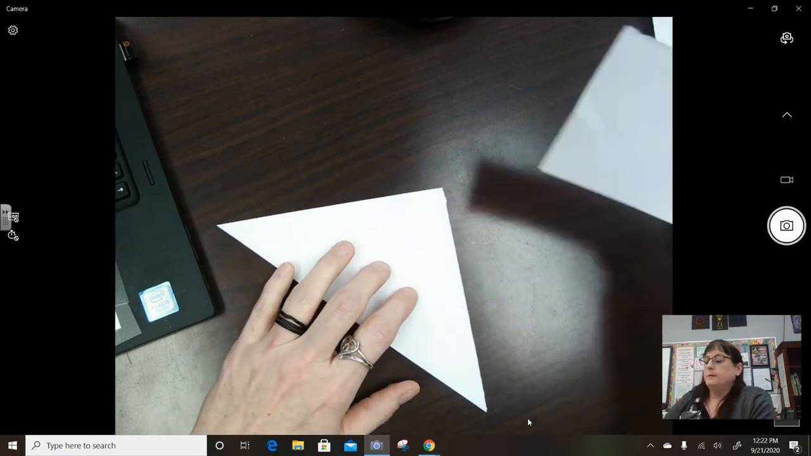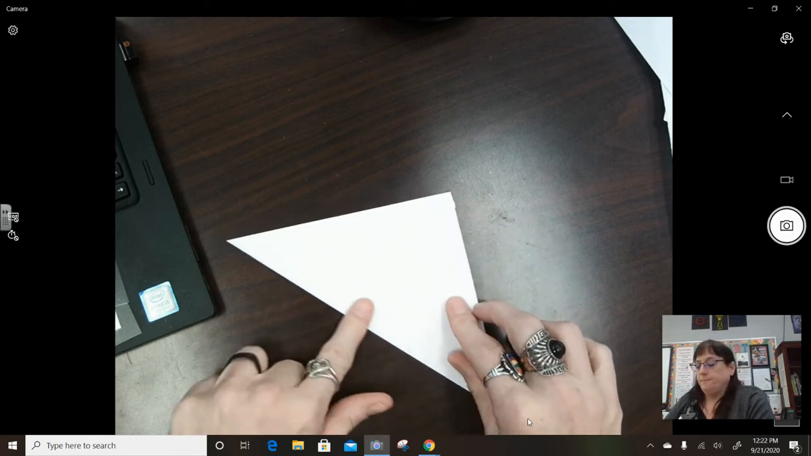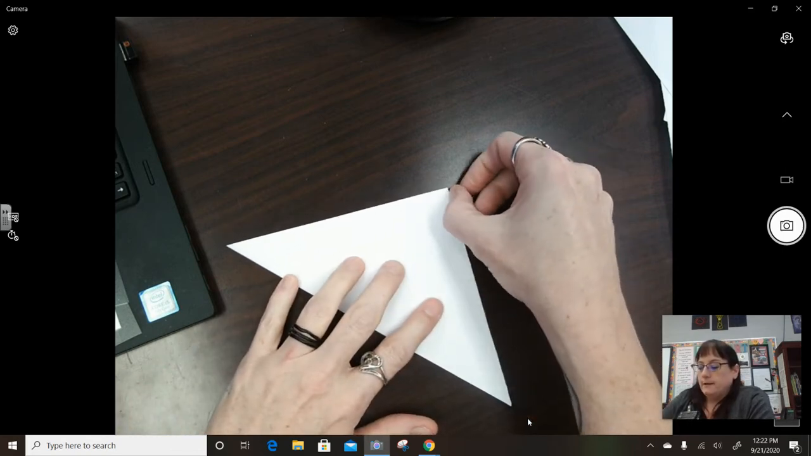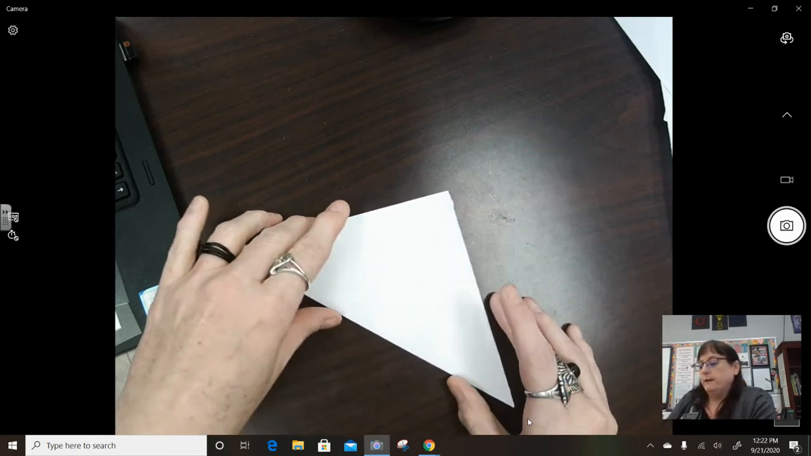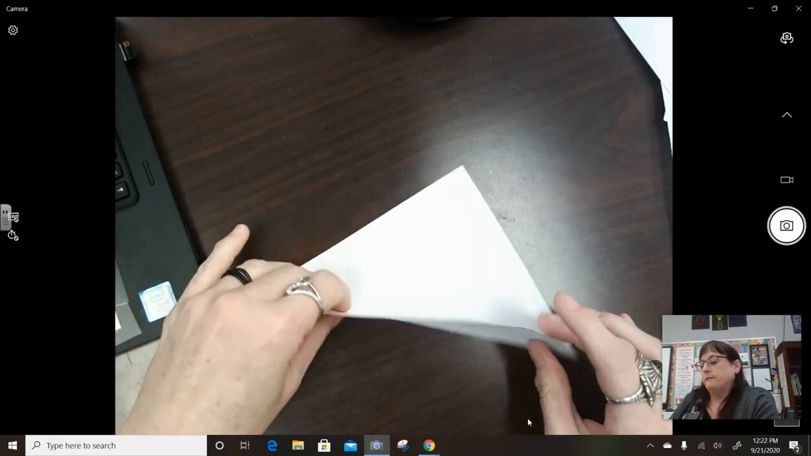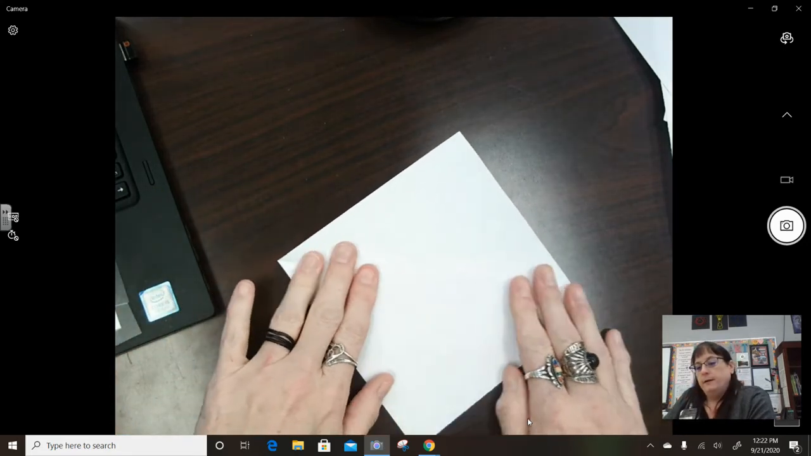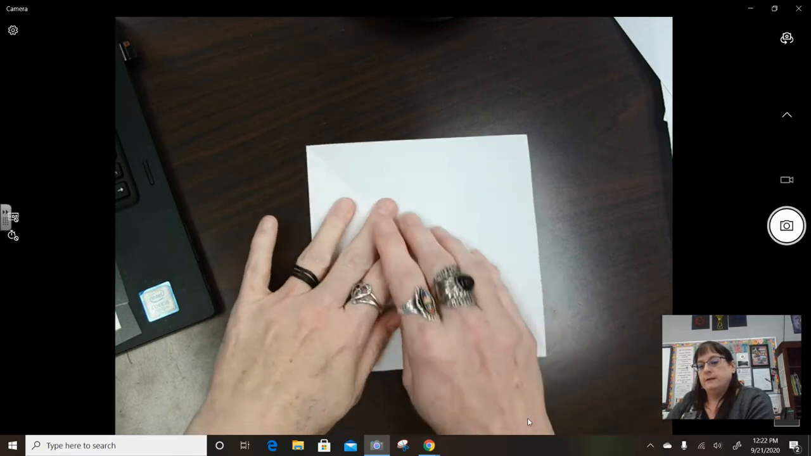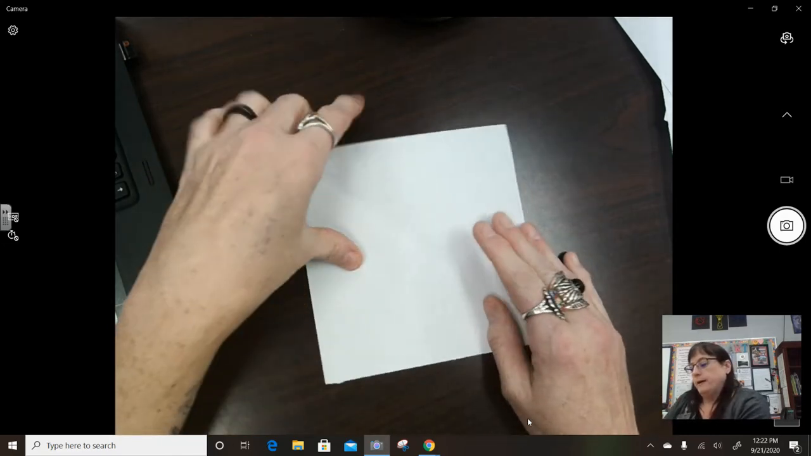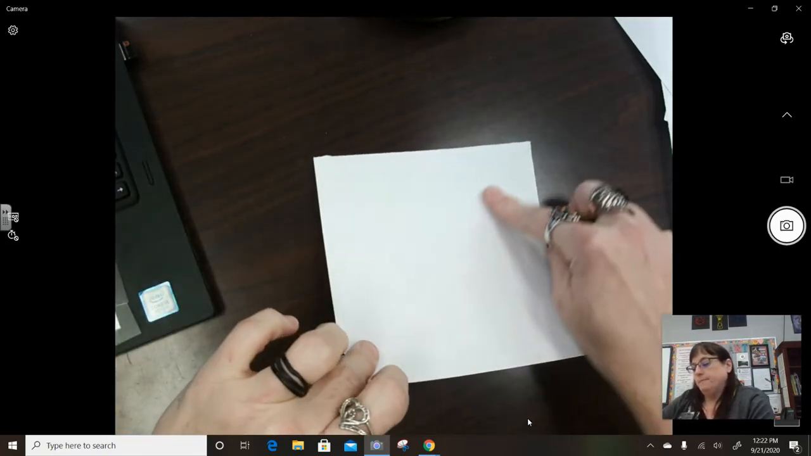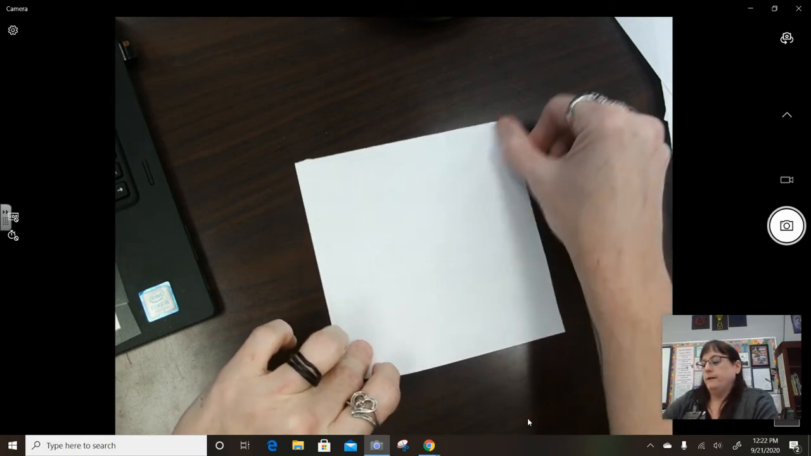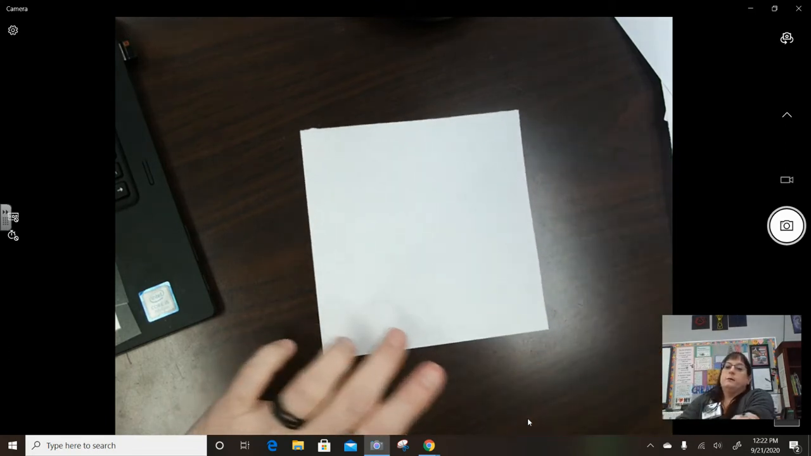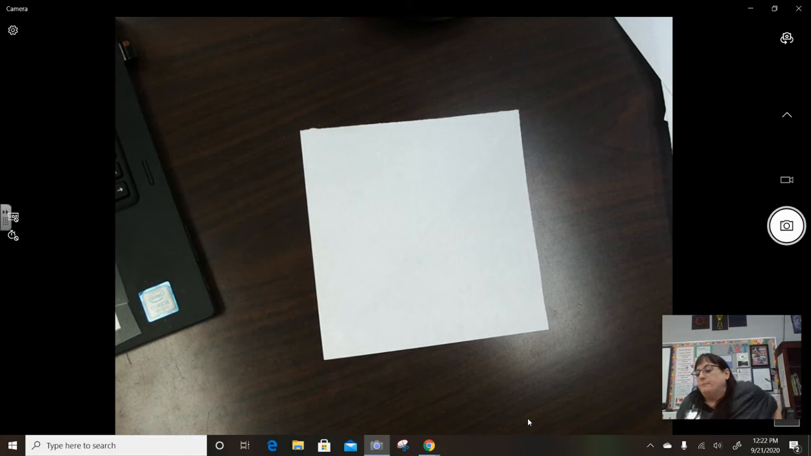Alright, I'm going to set that over to the side. A little extra piece right there, but I'm not going to worry about that right now. I'll wait until I have some scissors to cut that off. I'm going to open it up all the way and I should have a really nice square. Try to flatten it out the best I can. Okay, so now I have a nice square. It is bigger than a 3.5 by 3.5 inch square, but it's a nice square for us to use for